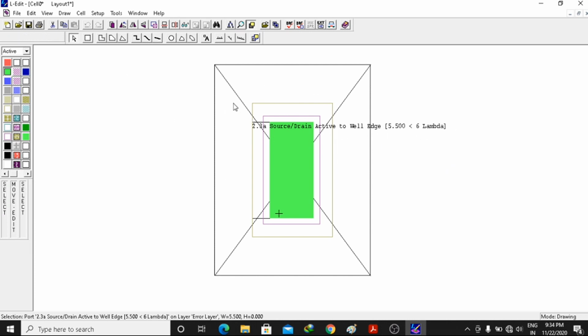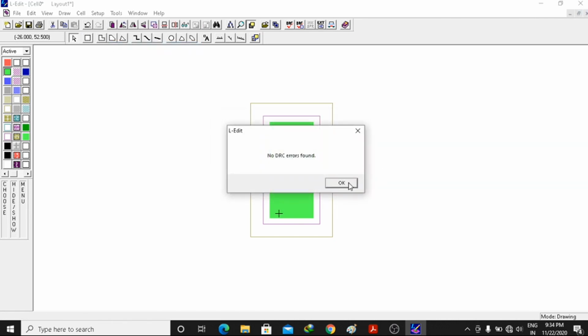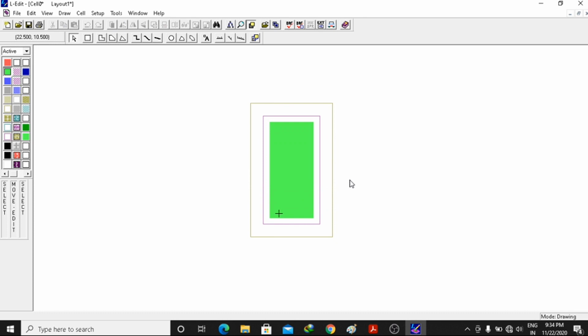So what I have to do next, I will again click on selection box, I will click here, press alt, then right click of the mouse button, slowly I will drag it a little bit. So once I have dragged it, I have increased it. Now again tools, DRC, okay. So now what I have finally achieved, I have eliminated the DRC errors. So up to now you can see I have drawn a basic N well in copy. On top of that I have drawn P select, and on top of that I have drawn active.